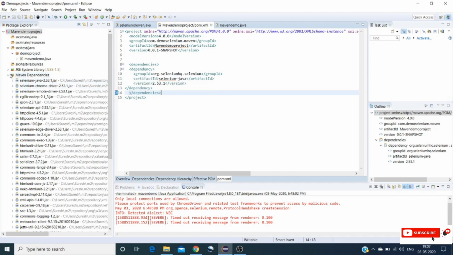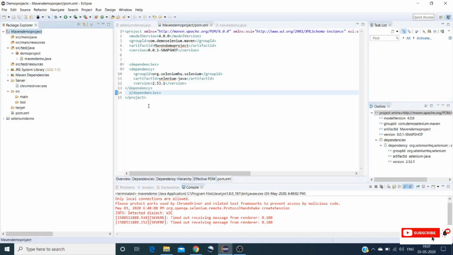So it is easier to manage the versions of our jars. And if you are working with multiple team members, it is easier to manage this Maven project compared to the Selenium jar. You no need to download additional jars, which creates some confusion when downloading jars, and the Maven project will resolve this confusion.